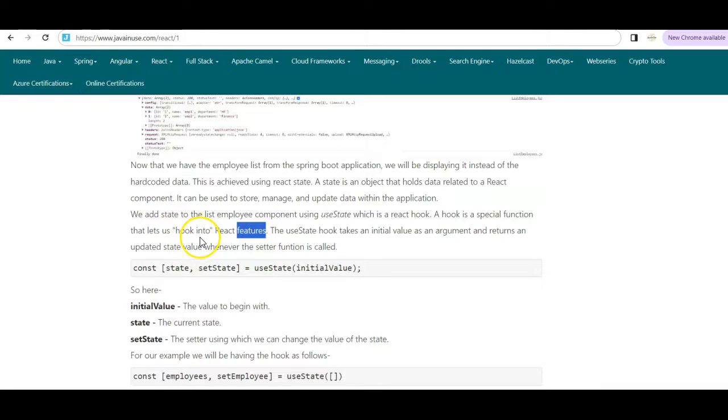The hook that can be used to make use of a state in a component is called useState. So this is the syntax of the useState React hook. Here we have useState, to which we pass the initial value. Now this returns an array. In the array we have two fields. The first is the state, which will be the current state of the component. And the second is setState. This setState is a function which updates the value of the state.